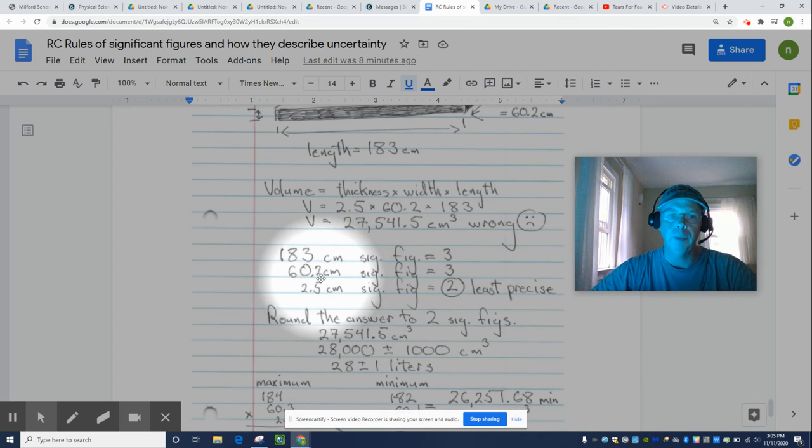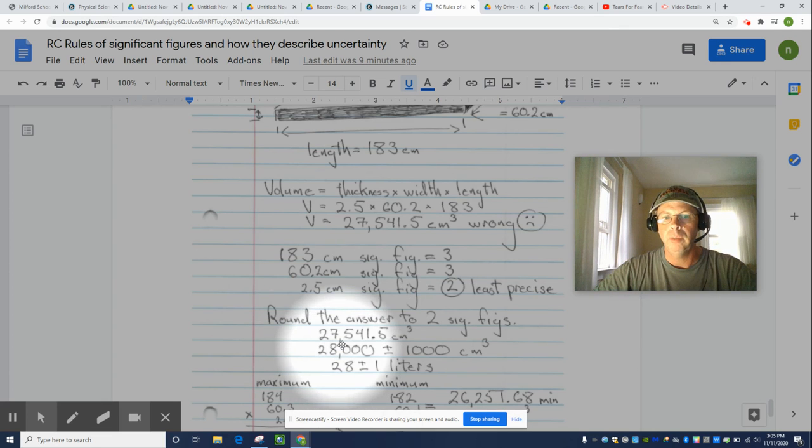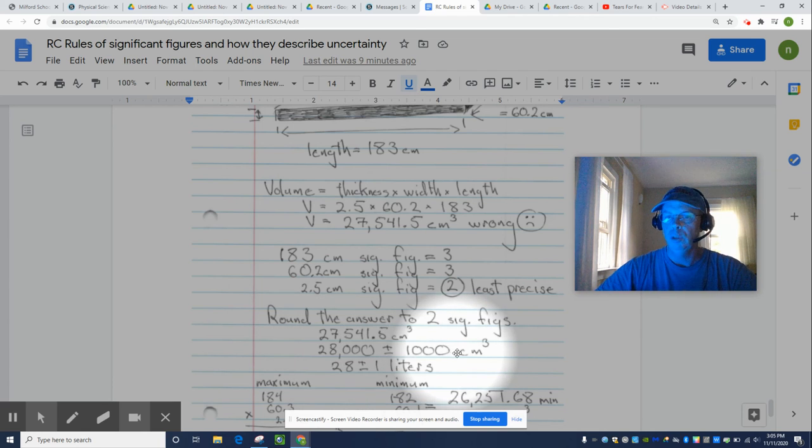It's a simple trick. You just count the number of significant figures. 183 has 3, 60.2 has 3, 2.5 has 2. So when you're multiplying or dividing, you round the answer to the least precise number coming in. 2 is not as precise as 3, and so you have to cut off 27,541.5 to 2 significant figures. And if the number is 5 through 9, you push it up. If the number to the right is 0 through 4, you leave it alone. This is 5, obviously, so we round that up to 28,000 cubic centimeters, plus or minus 1,000 cubic centimeters, which